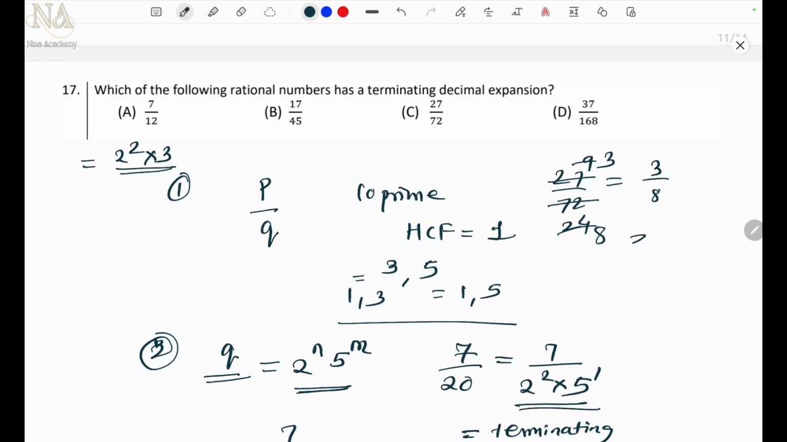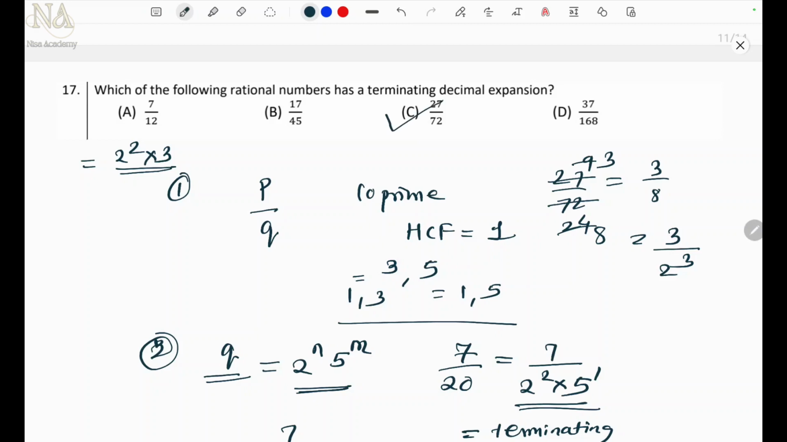Okay, so can I write this as 2 cube? Yes, a power of 2. So I just told you, right? If it is just a power of 2, or a power of 5, or a product of both, then the number has a terminating decimal expansion. So the answer is C,